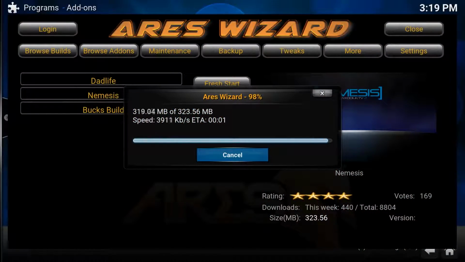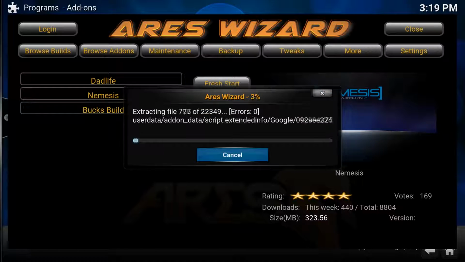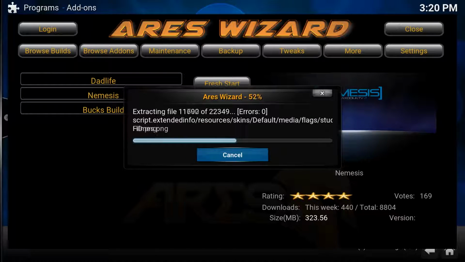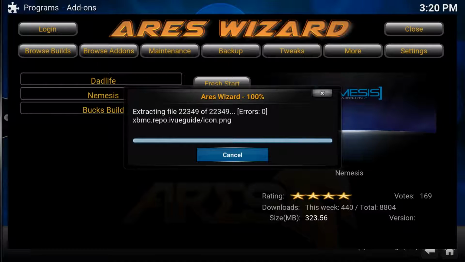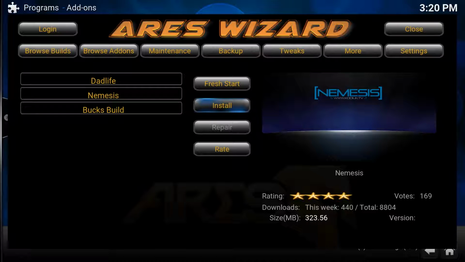Okay, so as you can see, it's just about to finish, and baboom. Now what it's going to do is go in, let's say install everything, set everything up, make sure everything is set up as standard. Hopefully you should get no errors at this point. I suppose you start getting errors if you had ill-configured programs installed that weren't compatible with this kind of theme and setup that you're just about to put on there, and also if you're running an older version of KODI. But as you can see, we were loading the newest version, Isengard. Hopefully Jarvis by the time you're doing yours.